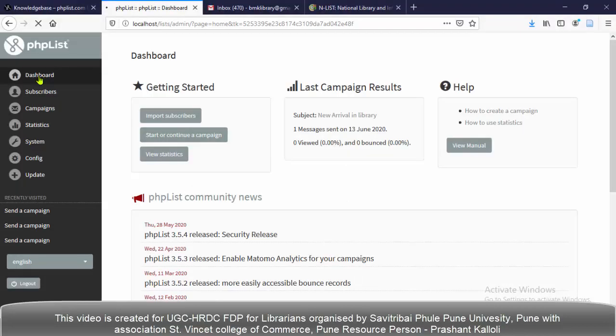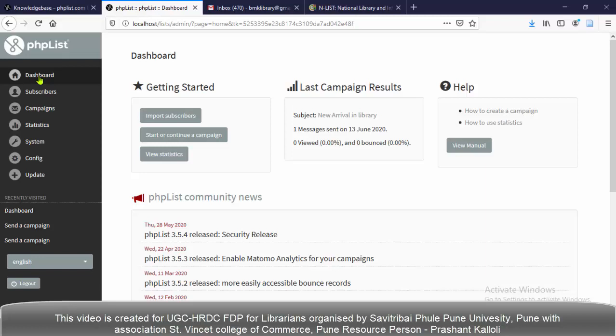I'm logging in to my PHPList and come to the dashboard. The very first step is to create your campaign for sending emails to your users and add the content. Now we are going to create a campaign, meaning sending mails to our users, and also adding the content to the email.